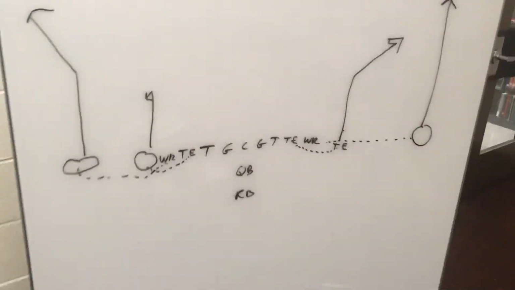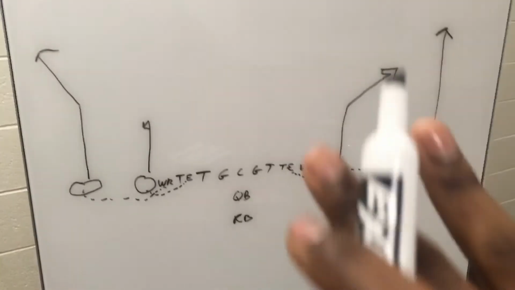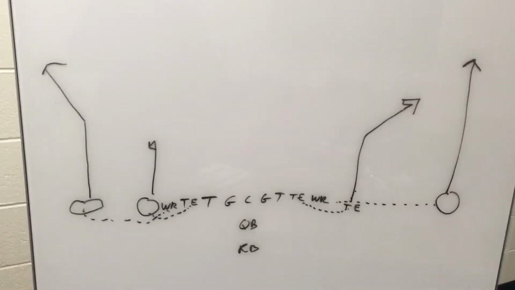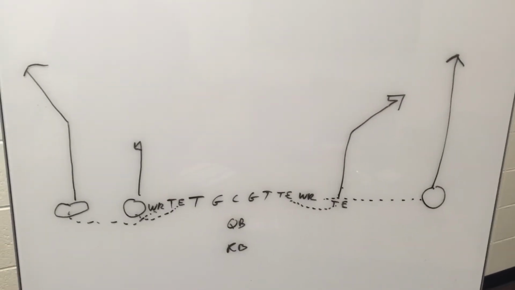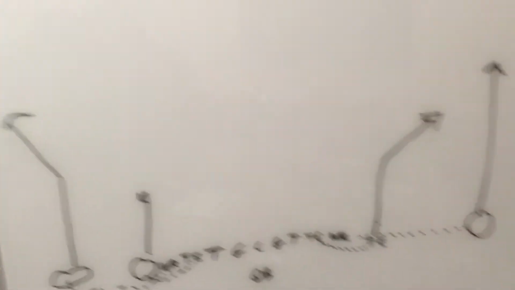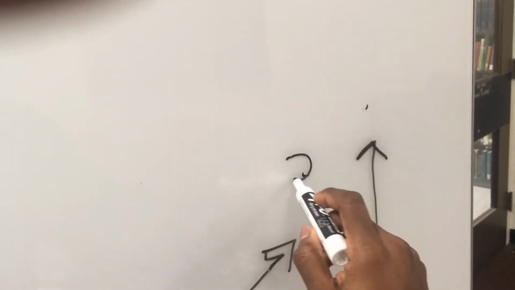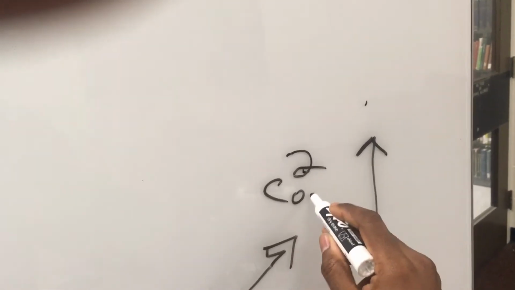Now, let's assume that the defense does not call a timeout and they just allow the offense to run the play. Well, if that's the case, let's say they call an incorrect audible, an audible that's not built for defending a deep pass, then these two routes right here, this double combo on this side,